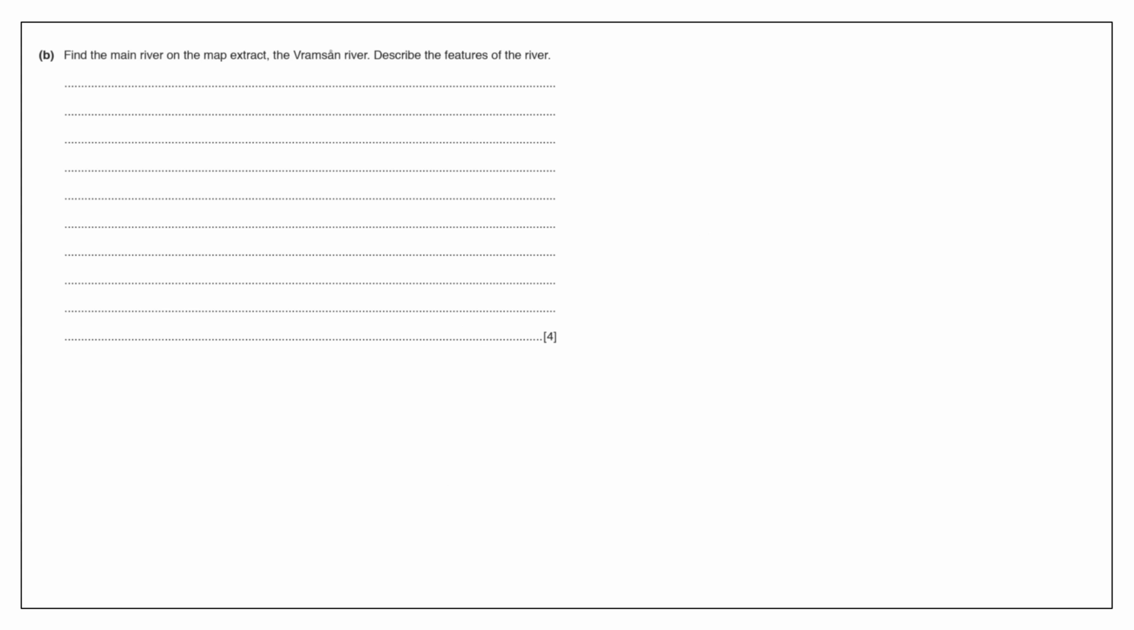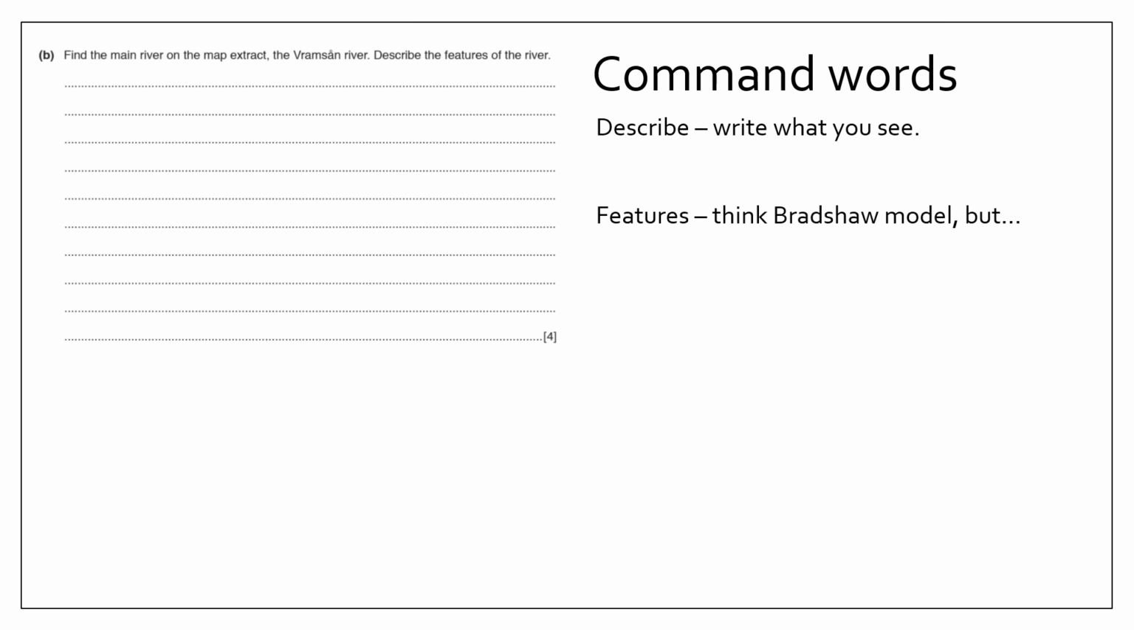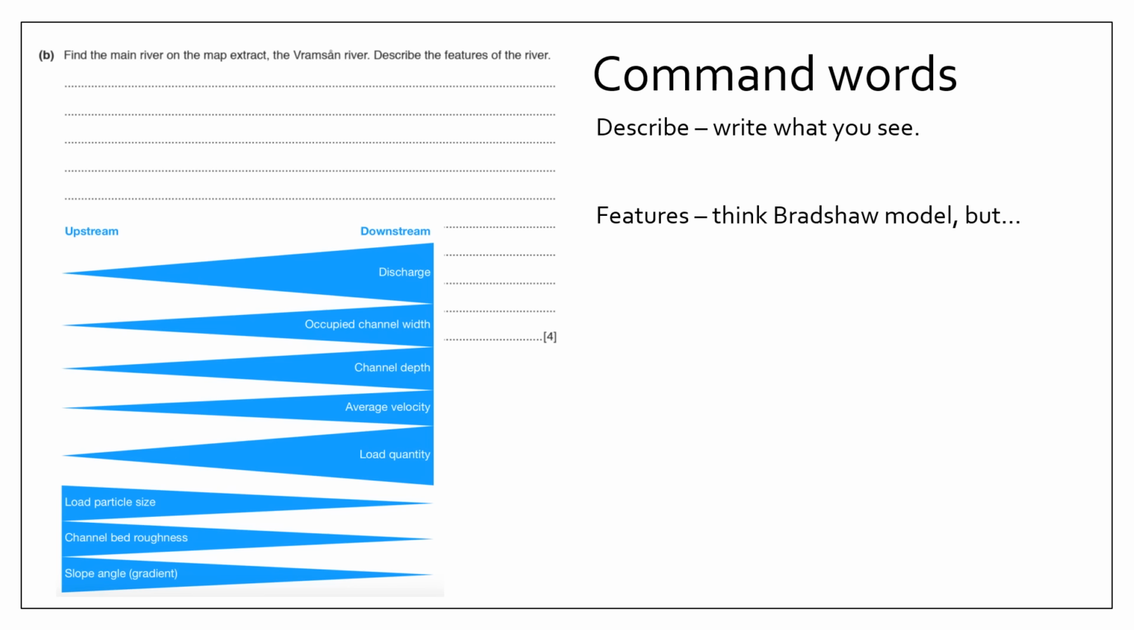Now, other questions you might do is you might have to describe the features of the river shown on the map. Now remember, the command word of this question: describe. Right, you write what you see. So when it comes to writing the features of the river, I like to think of the Bradshaw model. But with the Bradshaw model, you can only really see a change in width